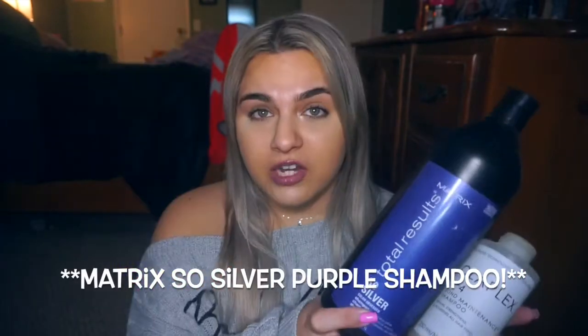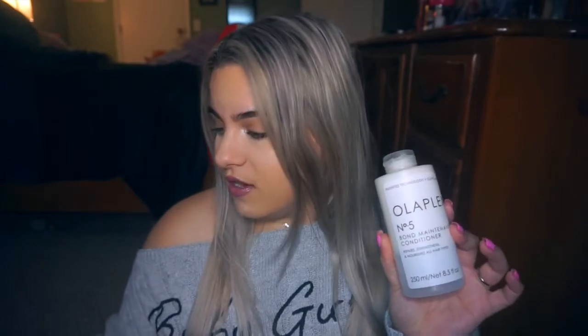I mix a little bit of the number 4 shampoo in with my Brass Off Matrix shampoo just so I can keep up with the toning, all in my roots and on my ends. It's not too much on my ends, just a little bit, but I mostly concentrate on my roots and my scalp. As far as treatment wise, I literally mix a little bit of the number 5 conditioner in with my